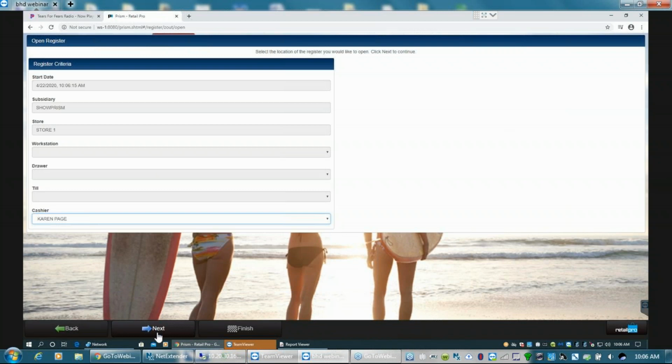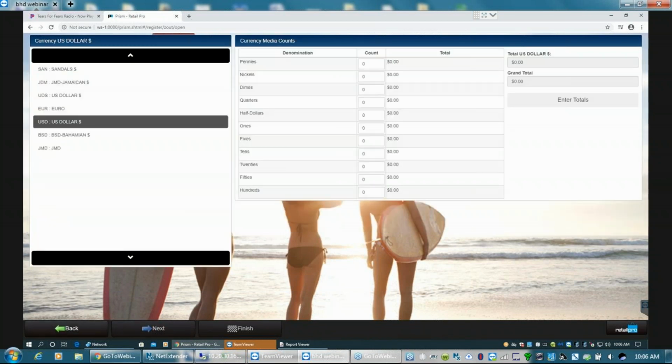When I click the next button down here at the bottom, I get the opportunity to count in my drawer. Okay, so you can count in your drawer. Some people allow just